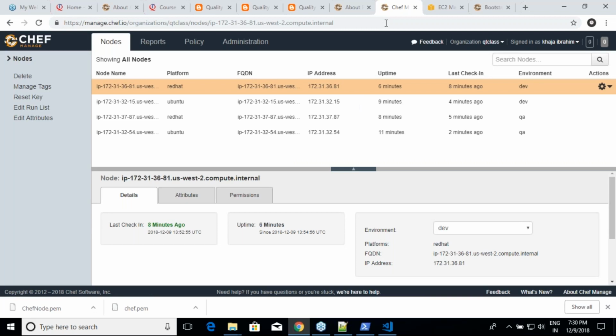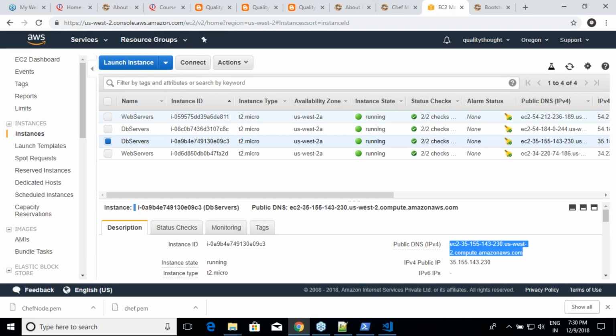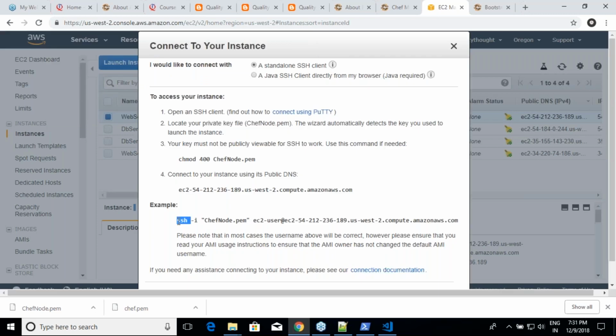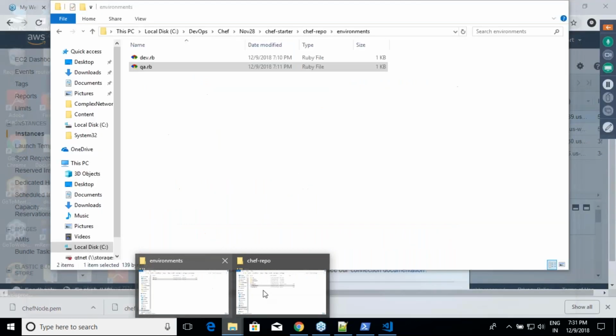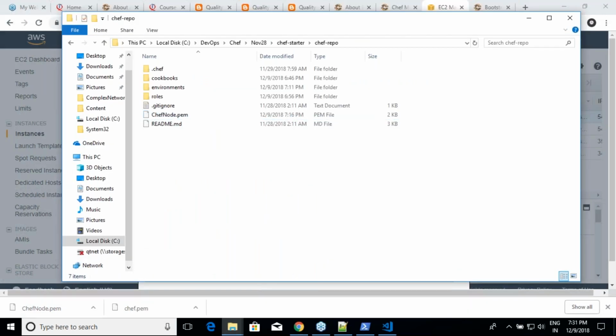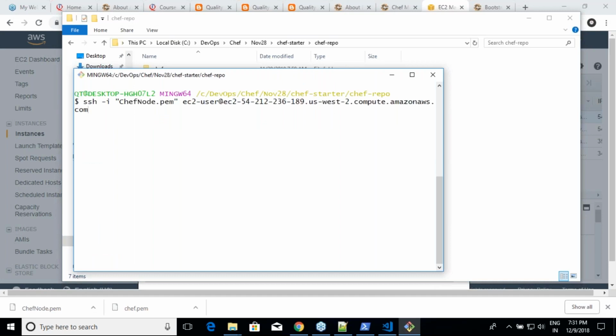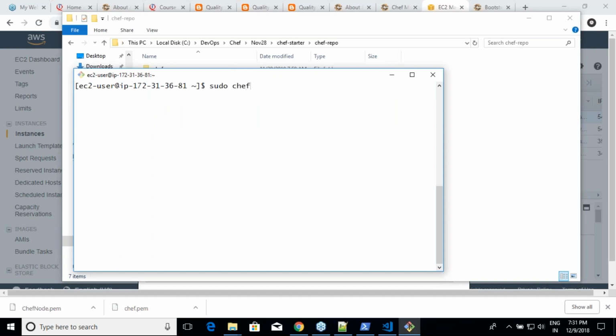See, this UI is not that friendly, not that fancy. You can see some stuff. Now, shall we log in to every machine and execute sudo chef-client? Yeah. So let me go over here. Web server, connect. I have my PEM file over here, so I'm using the same thing. Git Bash here. Before writing this cookbook, we will do the general routine. My cookbook is already tested in Kitchen. We know that it will work. That's how it is going to be. And now sudo chef hyphen.